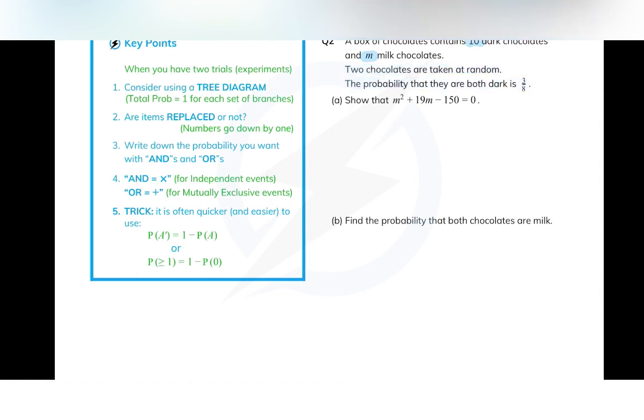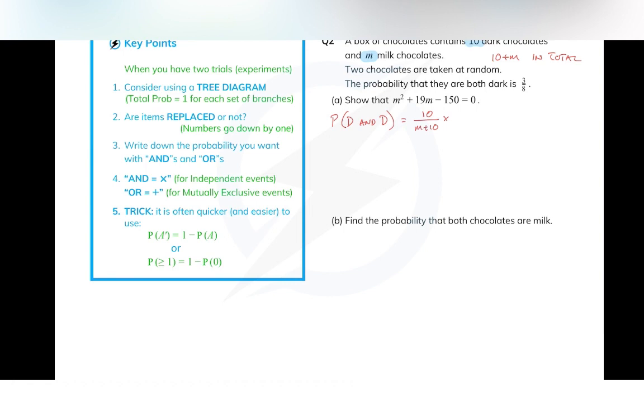Right, okay, so let's write down the probability of dark and dark. Now we've got an and, so we're going to use times. We need to know how many chocolates there are in total. So there are 10 plus m, or m plus 10 if you like, chocolates in total. Okay, so that's going to be important. And we can say the probability that the first one is dark is 10 out of 10 plus m. I'm actually going to write it as m plus 10 for a reason you'll see in a minute. Times